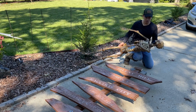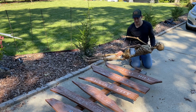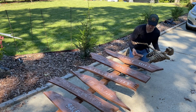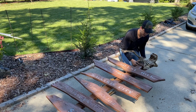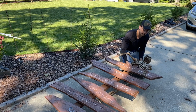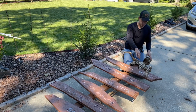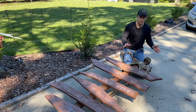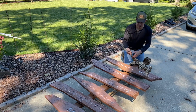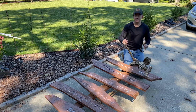I put a piece of wood right here just to hold it when it goes into the chest cavity. So I'm going to lift it like that. Push that in there like this. And then we're pushing it right into the chest cavity. This would have worked also with a regular skeleton like this. And just like that, I'm going to put a screw just to attach it. It's not going to go anywhere, but just a screw through the chest cavity into the wood to hold it in place. And then we're going to pose the arms, and we're going to put it into a base of